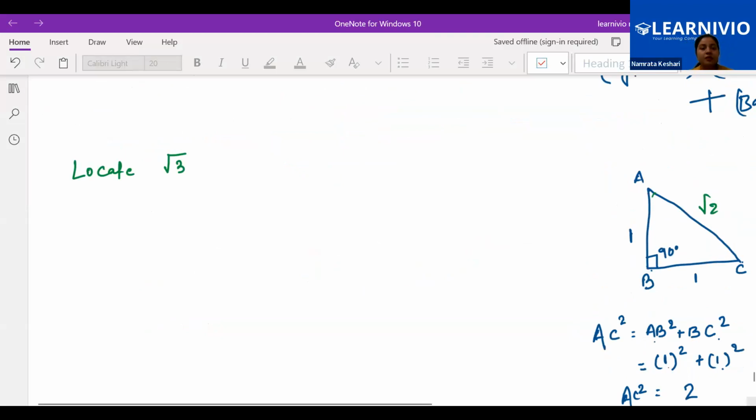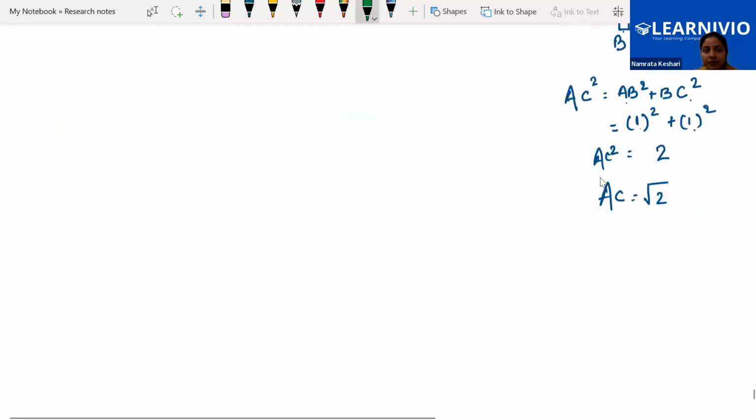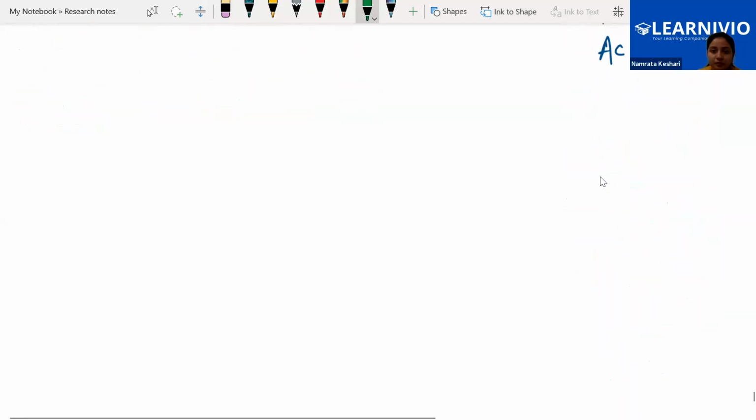Okay, ma'am. So the next part is locate root 3 on the number line. To locate this root 3 on the number line, first thing first, we need to understand what that is. Again, we will take a triangle